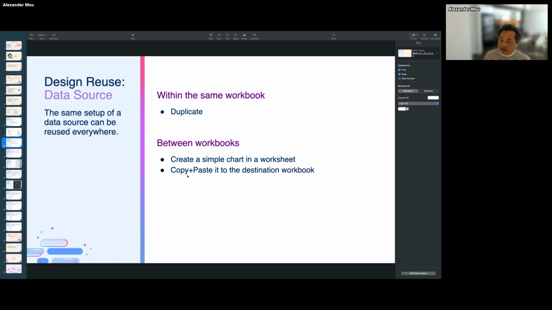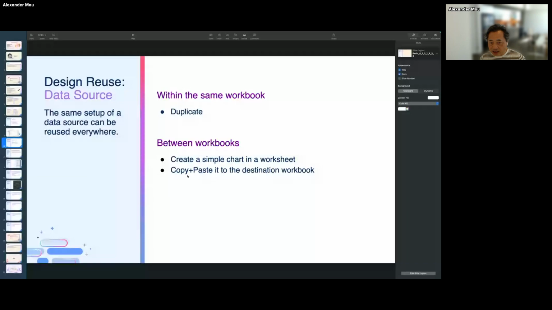So the way to copy one data source to another workbook is just to create a simple chart in the workbook, right, with the data source in question.